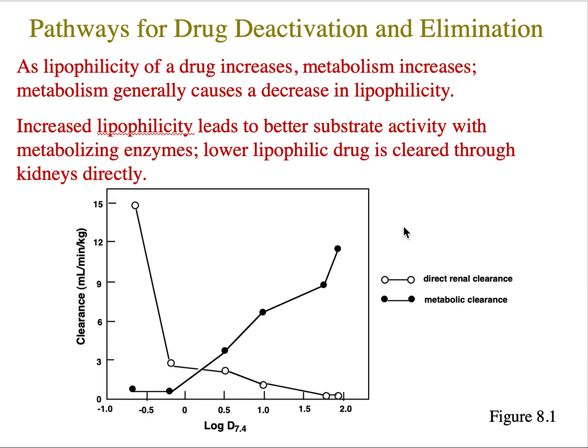Okay, so basically, when you metabolize something, it makes it less lipophilic. But a lot of lipophilic compounds are metabolized. So if you make something more lipophilic, it's more likely to be a metabolism substrate. If it's less lipophilic, it's more likely to get cleared through the kidneys. Now, at a certain point, when it's so water soluble, it's just going to get cleared through the kidneys